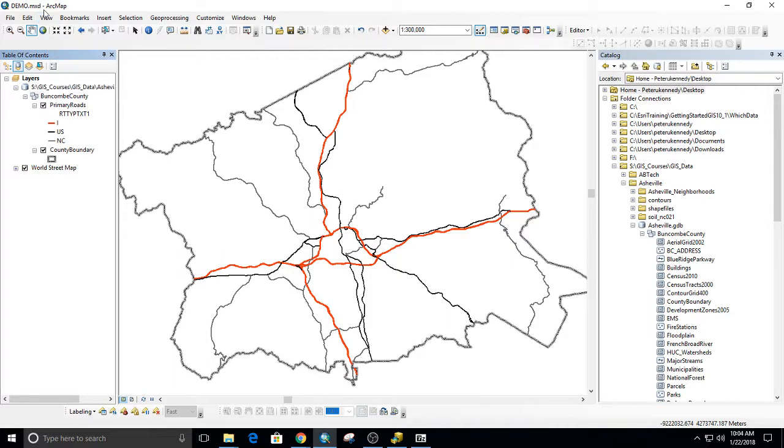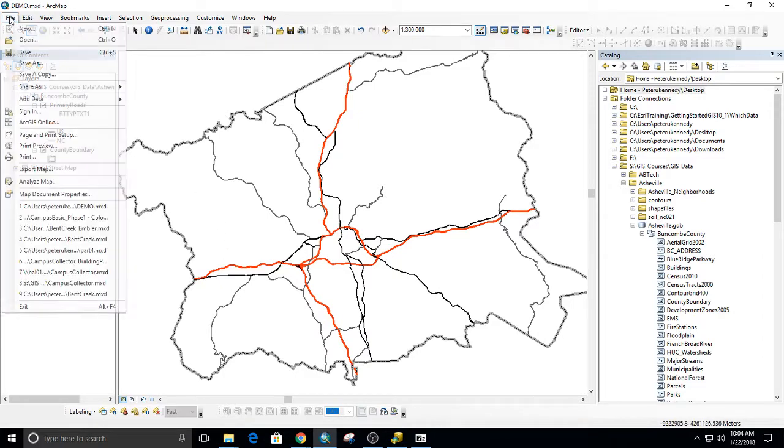So if you share that map document by emailing it to someone, or for an assignment, you upload a map document to me, I'm not going to be able to see the data in it. I'll probably likely have the data because it's an assignment, and I could repoint it to the data, but you can't just share a map document. They have to have the data. And so what a